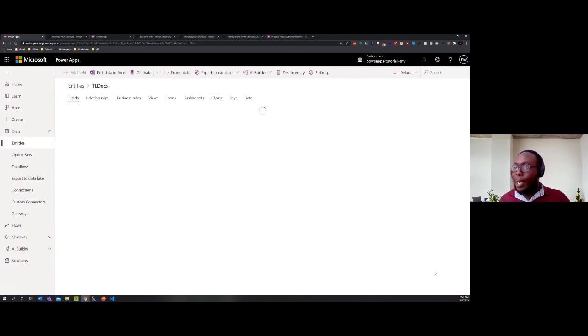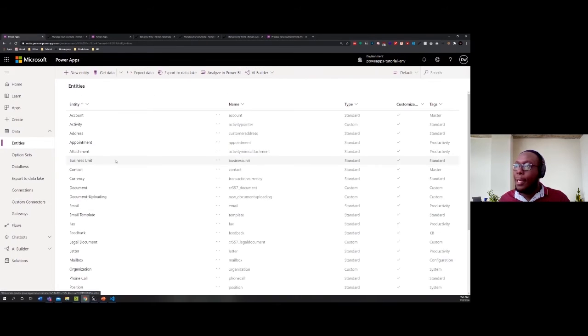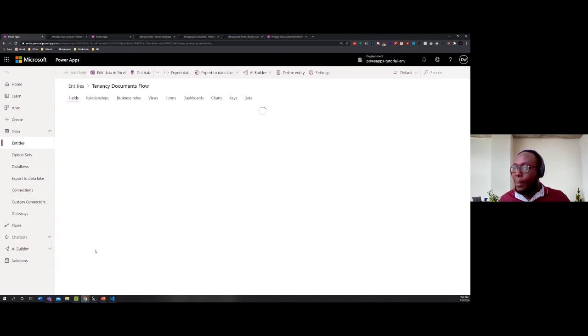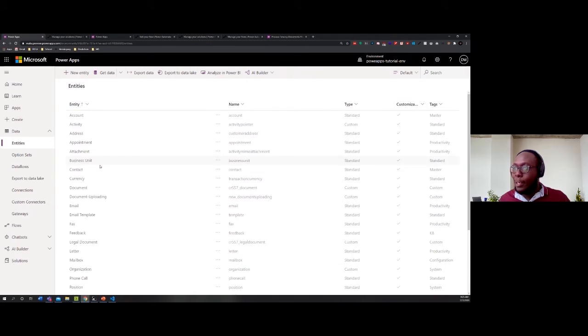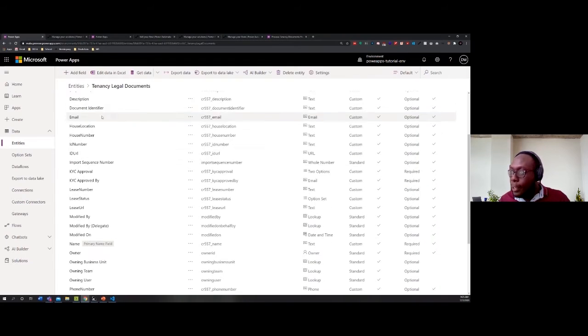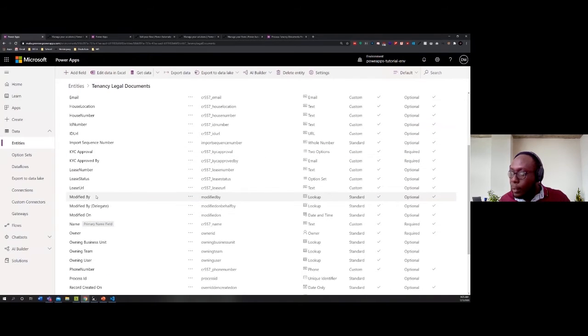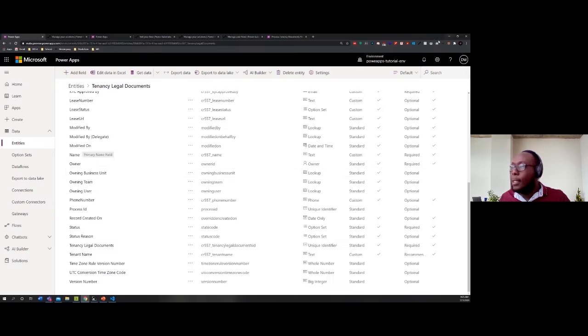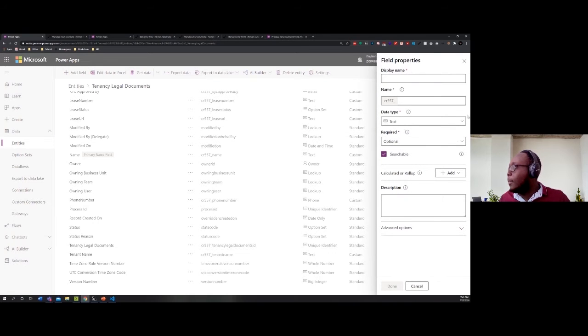And while that's being saved, I'll just switch to the existing entity that I'd already created. In this case, that's the, oops, that's not the right one. Tenancy legal documents, and we'll just check KYC approval. Then the thing that I'm lacking in this case is the lawyer approve reject. So in this case, I'll just create a field for